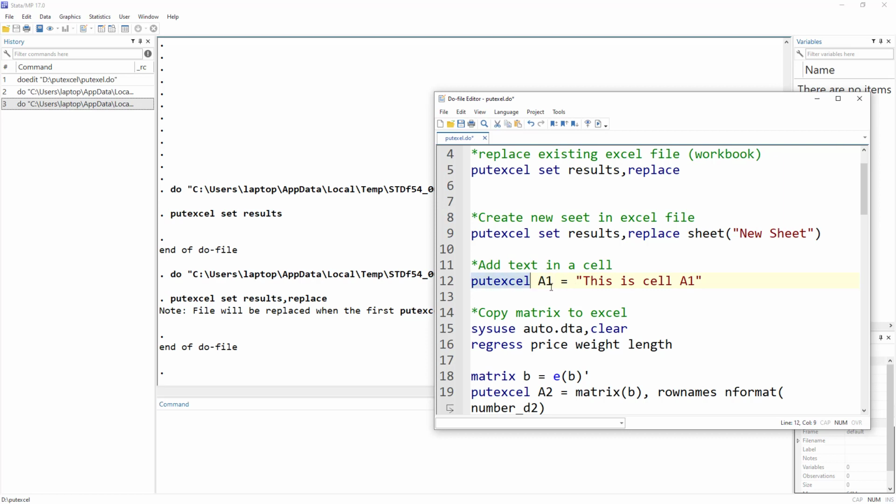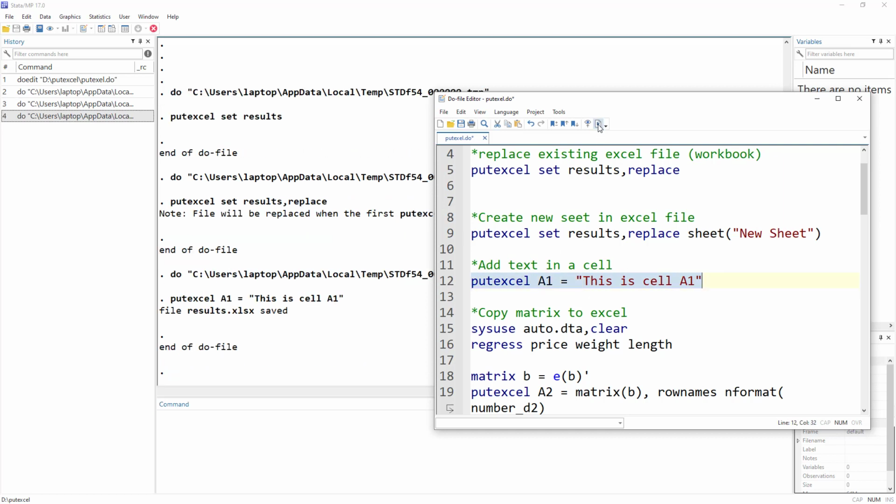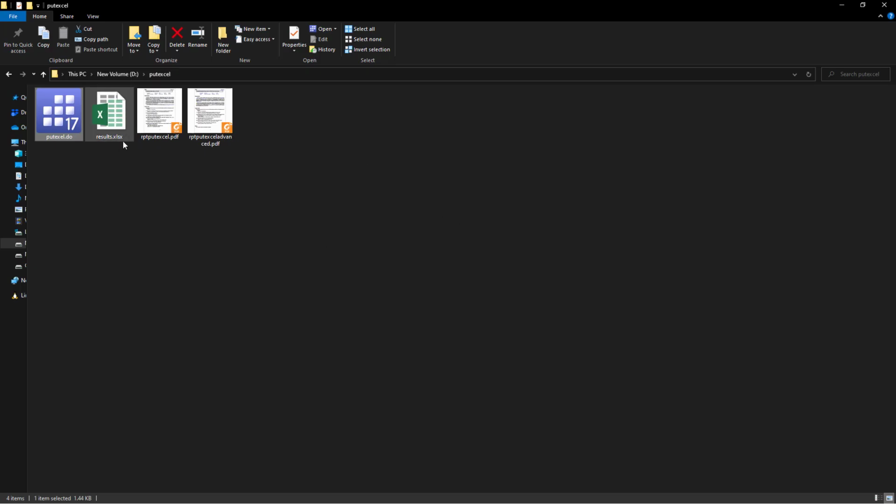So in this case, I want to write certain text in this A1 cell, then equal to, and then whatever string we want to write. So let's keep it simple. This is cell A1. I execute this command, and now you would see that this Excel file had been created